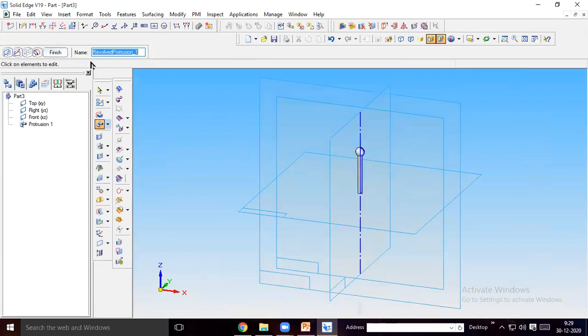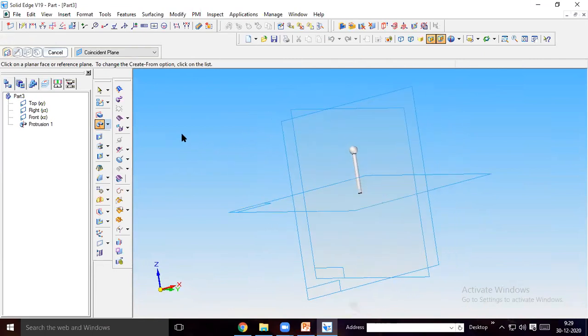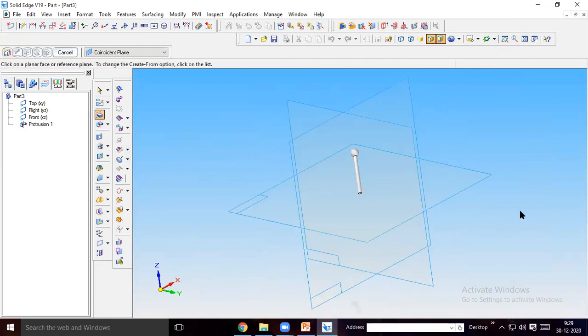You'll get 360 like that. You can do it. The pin. Okay. And one more thing is with normal protrusion, select this face.